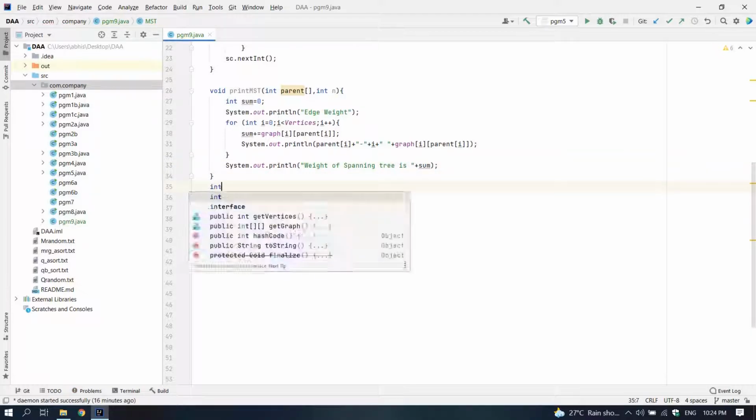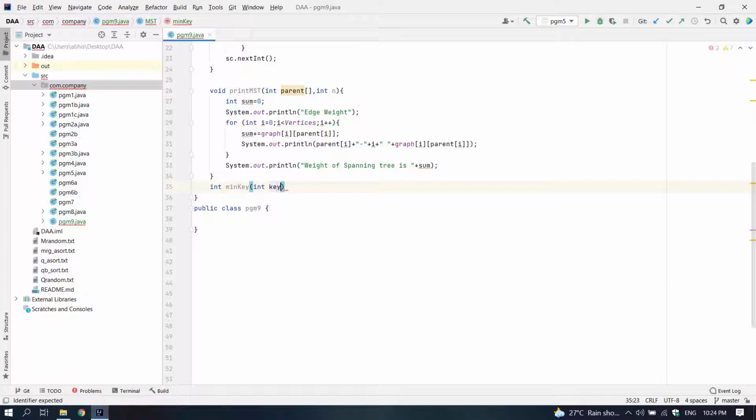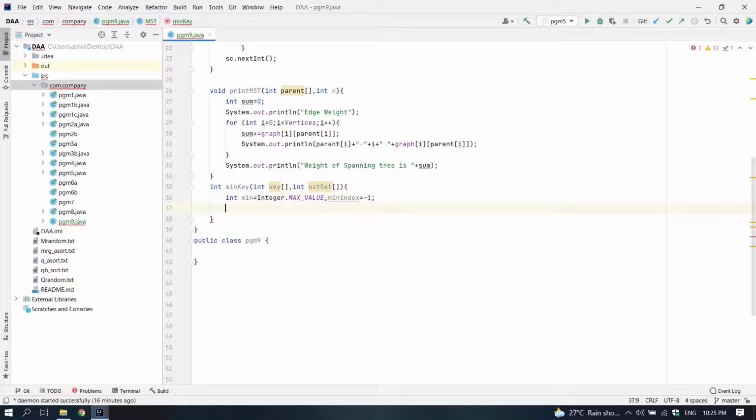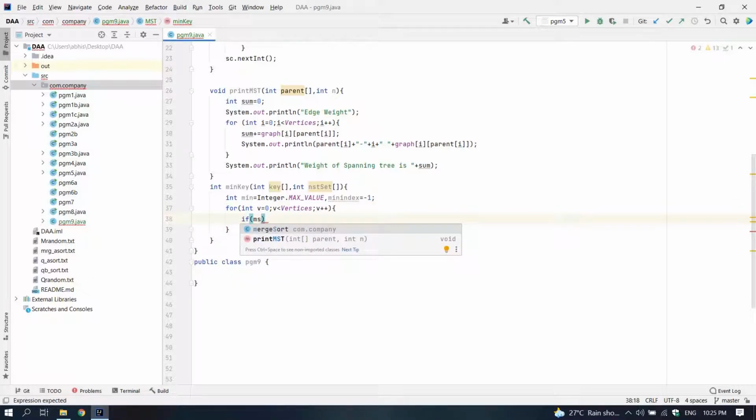So now we are going to write our min key method. This is going to return the next smallest connected edge of the minimum cost spanning tree. So it's taking two arrays, that is key array and MST set array, as arguments, and it is also declaring a min integer that is storing a max value and a min index, that is -1.